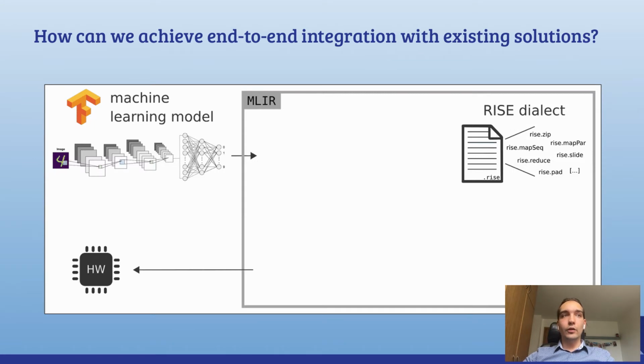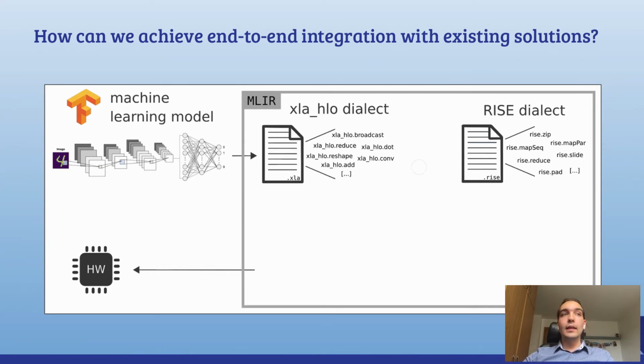And this MLIR infrastructure opens up many opportunities. As it is written in C++, integration into other toolchains is far easier. And having RISE as a dialect inside that infrastructure means that we can integrate and interact with other dialects as well. So this means, for example, we don't have to write functional programs ourselves, but we can lower from other domain-specific representations to it. Here, for example, we can utilize that an XLA HLO dialect already exists. This means we can use the existing infrastructure to lower the TensorFlow model to this dialect, and we are already in the MLIR world. So now we only have to figure out how we lower from this dialect to the